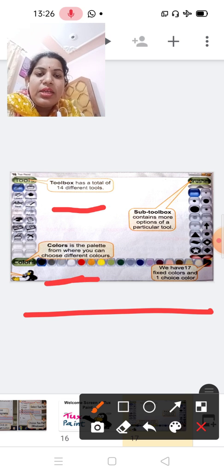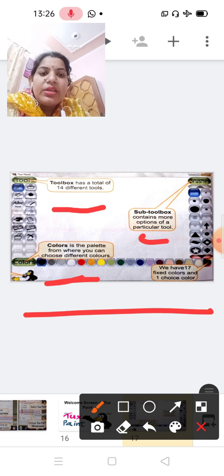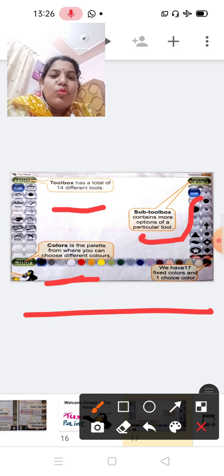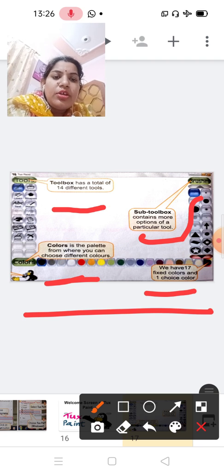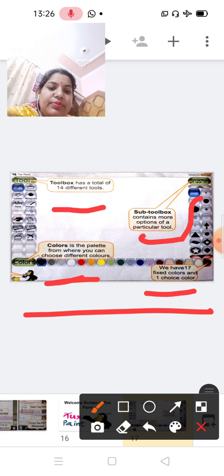Here is the color palette, from where you can choose different colors. Here you can see the sub toolbox, which contains more options for a particular tool. Here we have 17 fixed colors and 1 choice color.